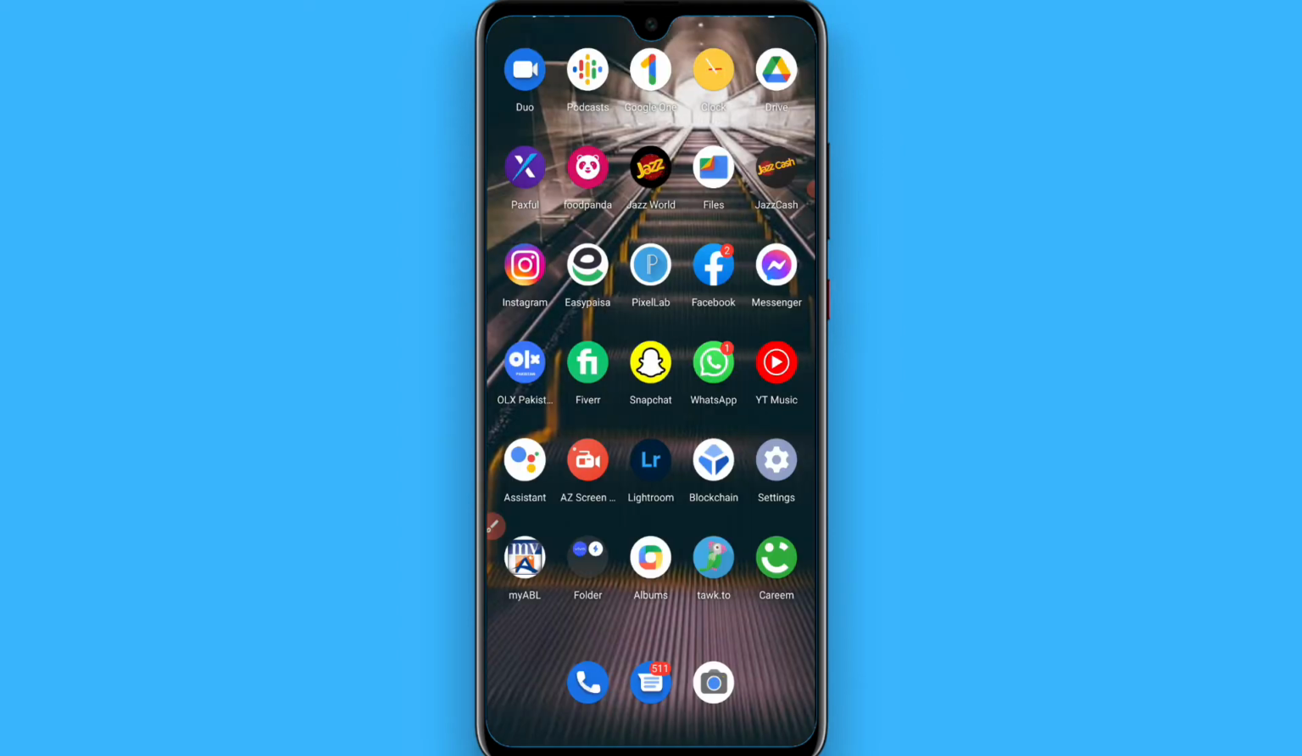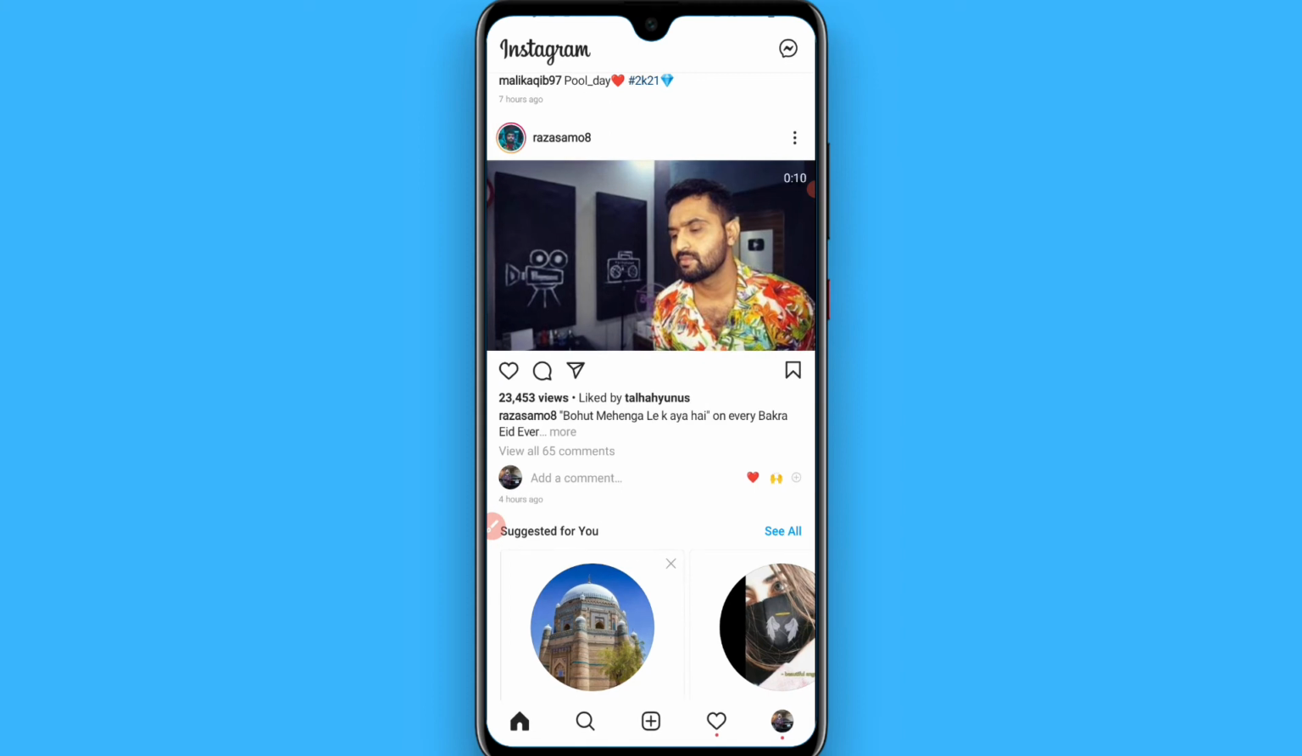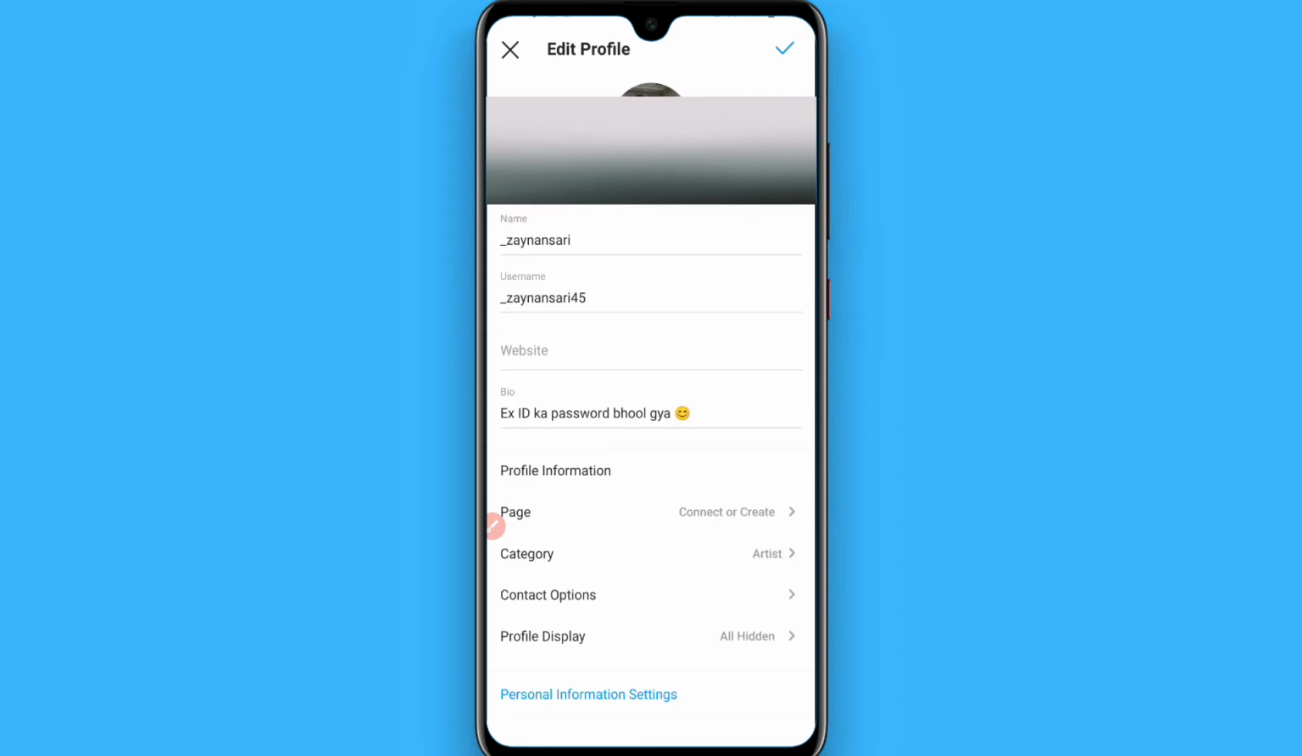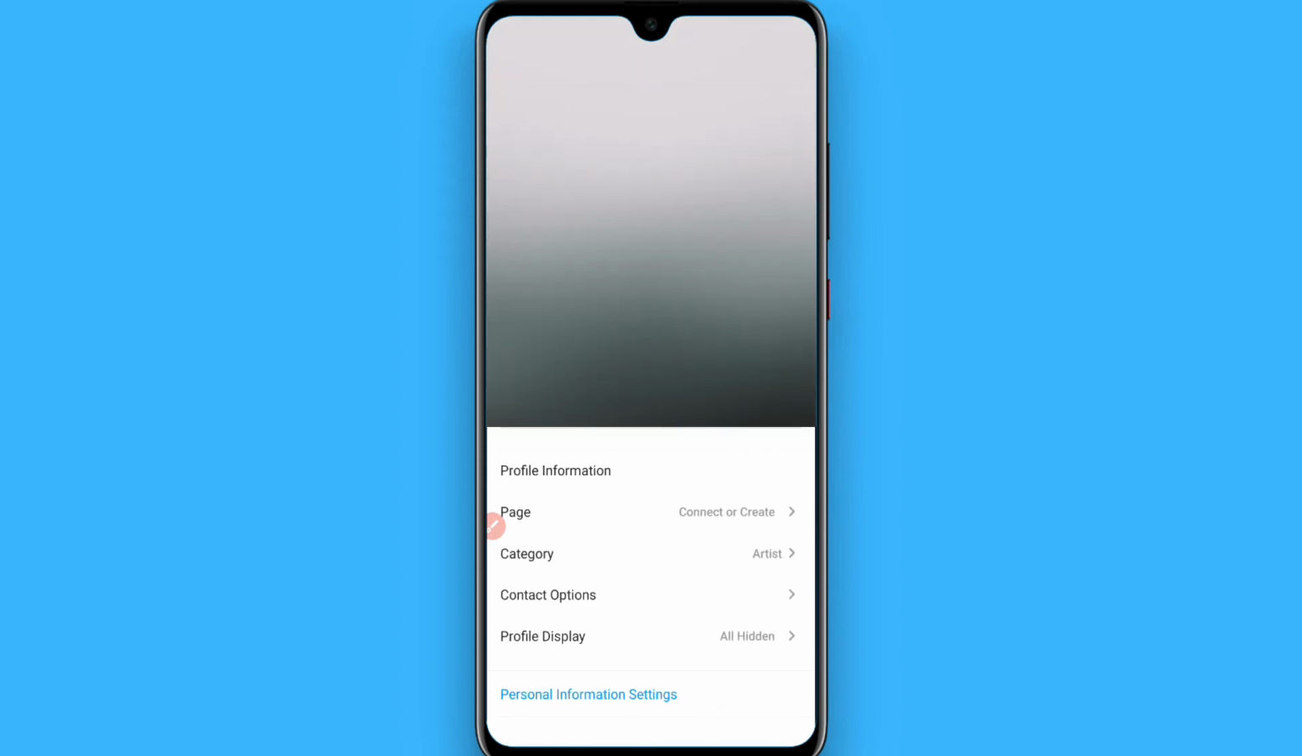So first of all, open your Instagram mobile application. Once you open it, you have to click on your profile icon from the bottom right. Once you click on it, you will see a page like this. From here you have to click on Edit Profile, and to do this, first of all you have to